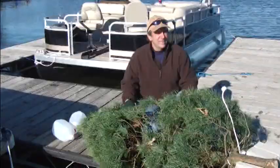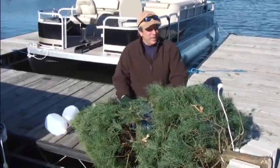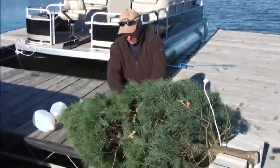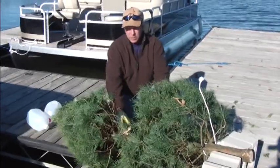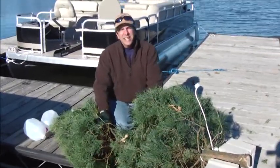We're going to show you how to daylight trees, how to anchor the trees, and how to float them so that they stand up on end for the best habitat for the fish. So the first thing we do with the trees, we try and open them up a little bit to create better habitat for the fish to get inside. So we kind of peel them back and we clip some of the interior limbs so that it daylights the